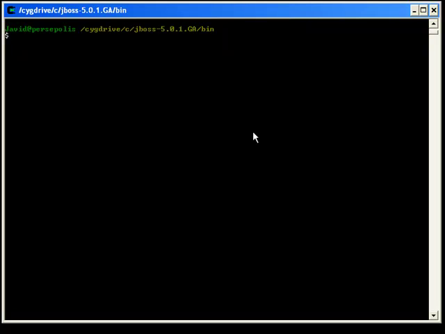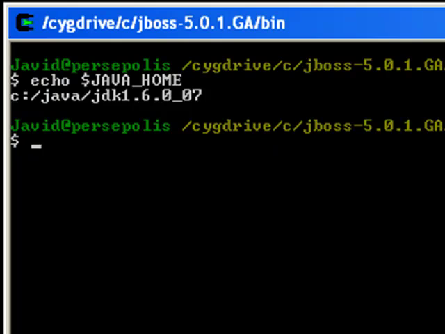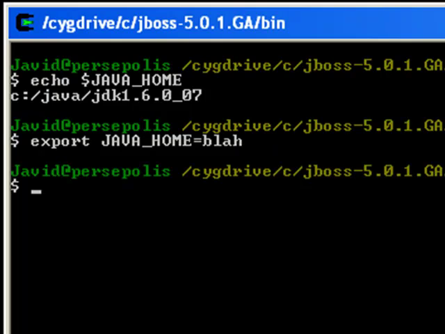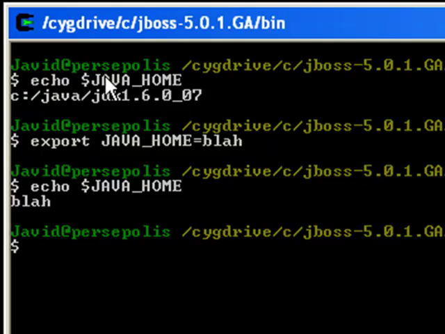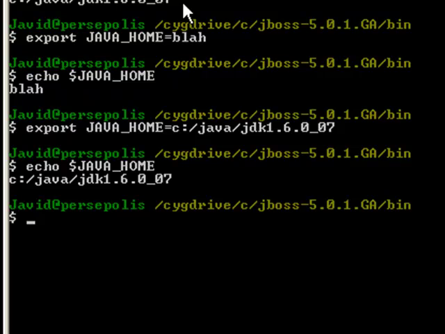If you're running on Unix or Linux, what you'll want to do is echo your JAVA_HOME and see what it's already set to. Mine is set up appropriately. But if you want to set it, you can use the export command and say export JAVA_HOME equals whatever you want to set it to, and then if you echo it again, you'll see that it's changed. So I'll go ahead and export it back to the original value that I had in here,